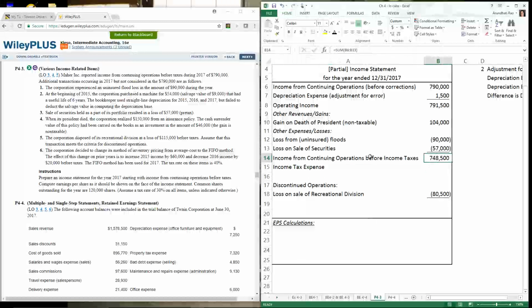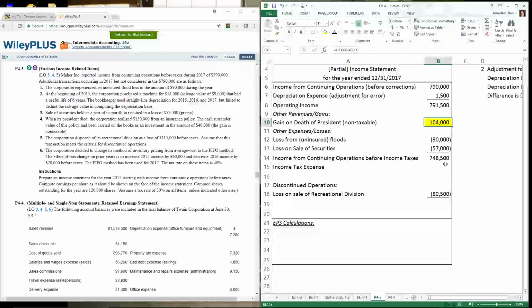Taxable income is $748,500. Our tax rate is 30%. Ordinarily, I would have said just take this number, calculate it, multiply it by 30%, and you get the income tax expense. But what do we have over here? This number is not subject to tax. So I will calculate the income tax expense as